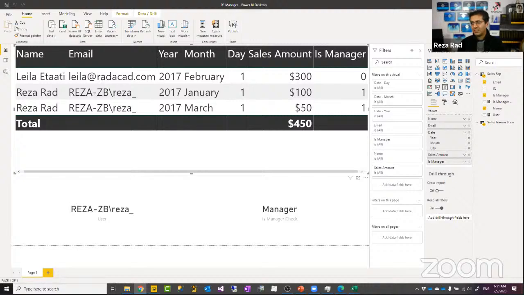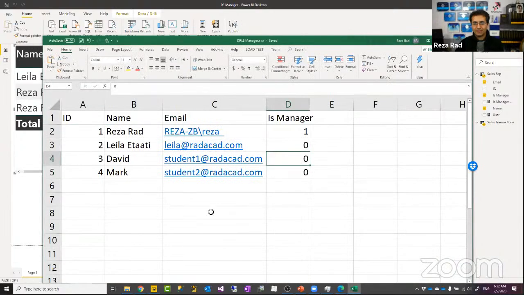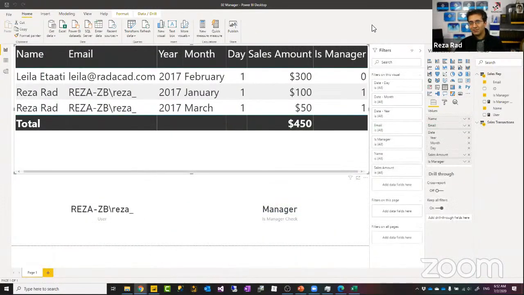Not exactly sure what you mean by that. You can use Power Apps to control a table like this, to control your roles table. Your Power Apps can enter data into this table or edit data in the table. But if you mean seeing the filtered data in Power Apps, that's not my specialty. That is more like a Power Apps question. Unfortunately, I'm not the best to answer that.